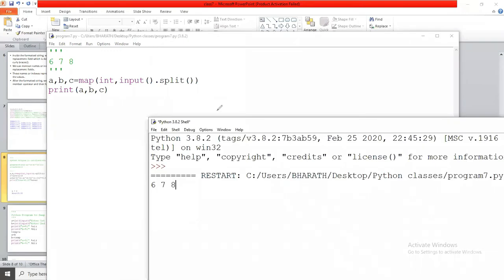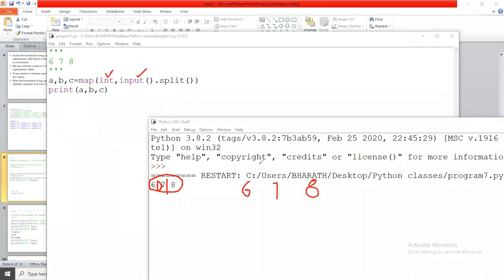Now 6, 7, 8 is the input dot split. That means now it split the input into parts. When the space is encountered, that is split. Now these are the spaces. So 6, 7, 8. After that, here I am specifying this as an int.